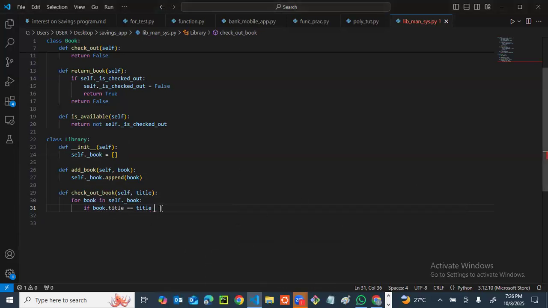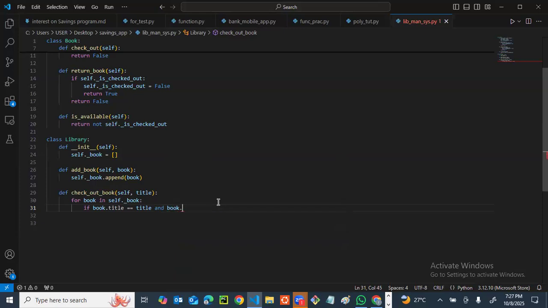and so we need two operations here. So in our control flow, we also did this, right? So what we are doing here is a logical operation, right? So we are doing a logical operation. So we want these two requirements to be met, right? So one of the requirements is if book.title is equal to this title provided, and book